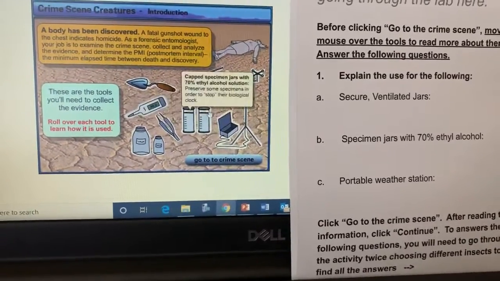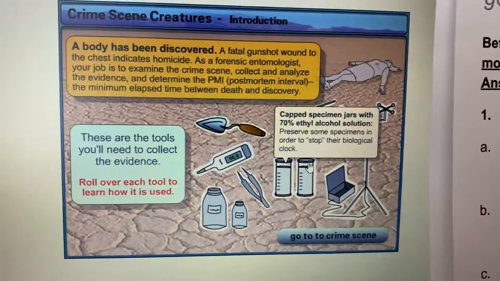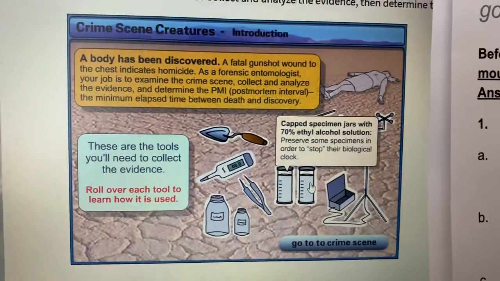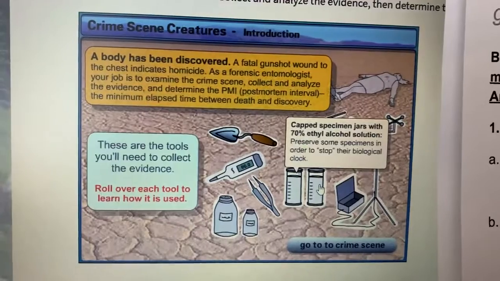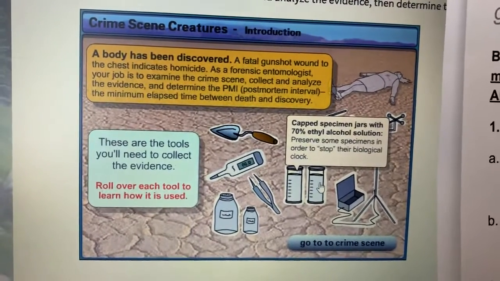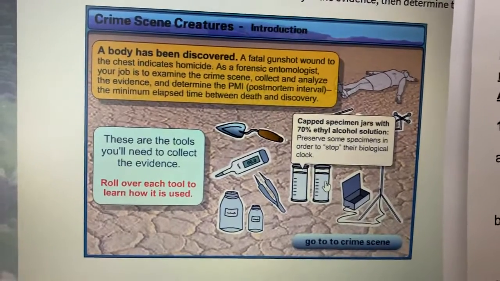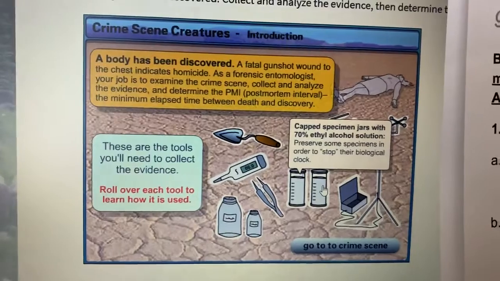Okay. Specimen jars with 70% ethyl alcohol is the next one. So I'll roll over to that. Here we go. So we also don't only want to let them grow up in those jars. We also need to know exactly how we found them. So you're going to take some of the maggots and immediately put them into these specimen jars with 70% ethyl alcohol. It will basically immediately kill the maggot and stop their biological clock so they don't grow anymore,